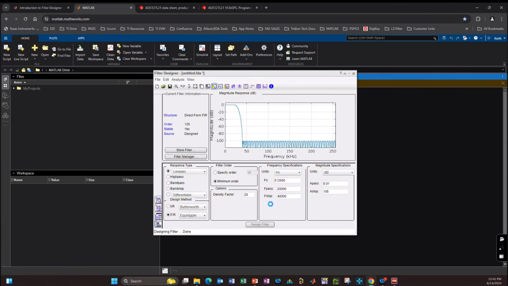So now we have the plotted filter response. It still looks very good. And the order is 125. We can go up to 127, which is 128 coefficients. So this filter is good. We can actually load this into the L21 filter. So at this point, we'll call this a good design.